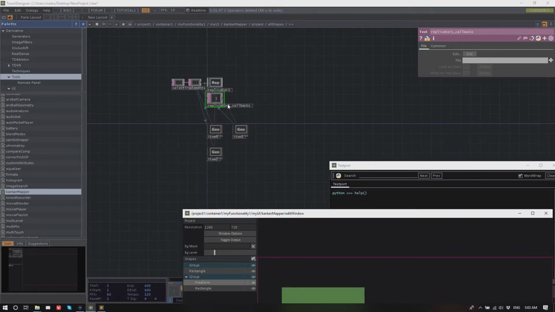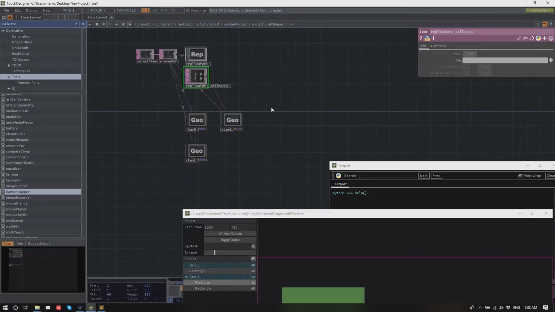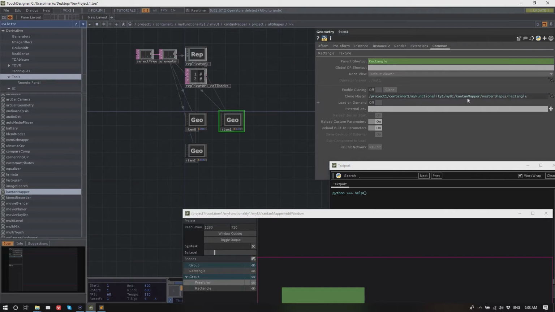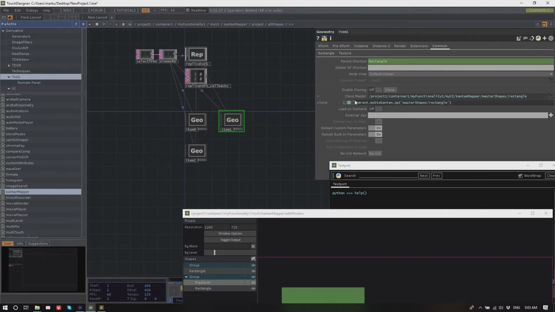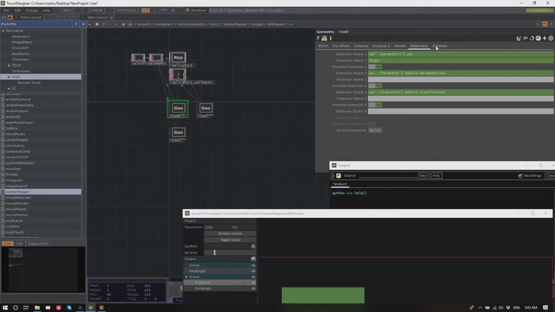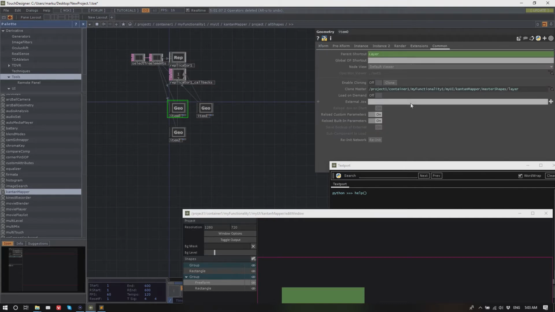And you can see that these things are created with a replicator here. And then they have the clone master set by a little Python string, so that every one can be cloned from somewhere else.